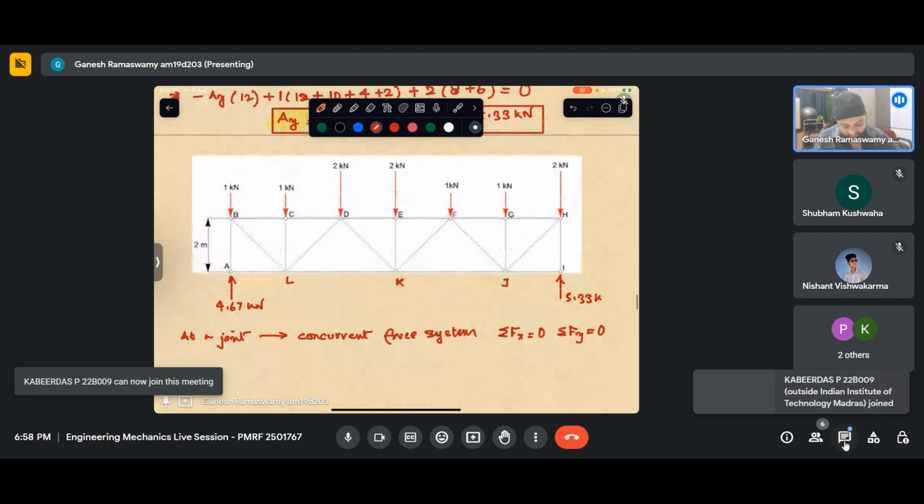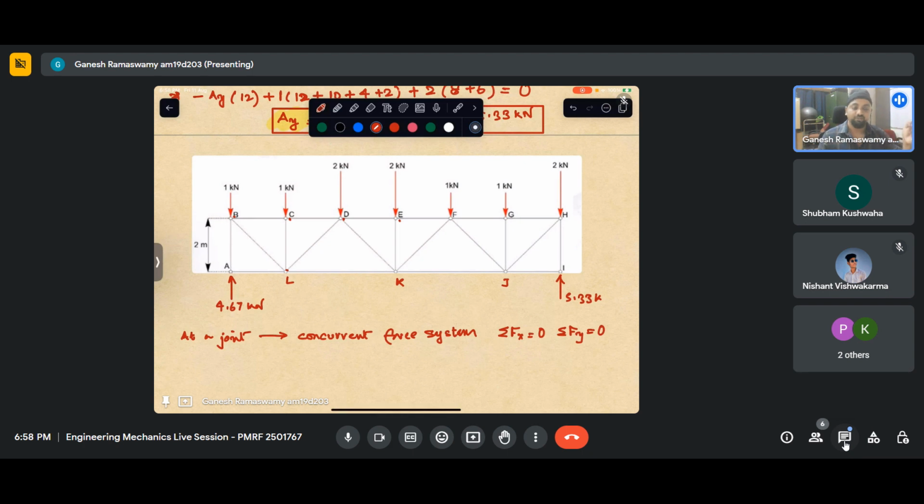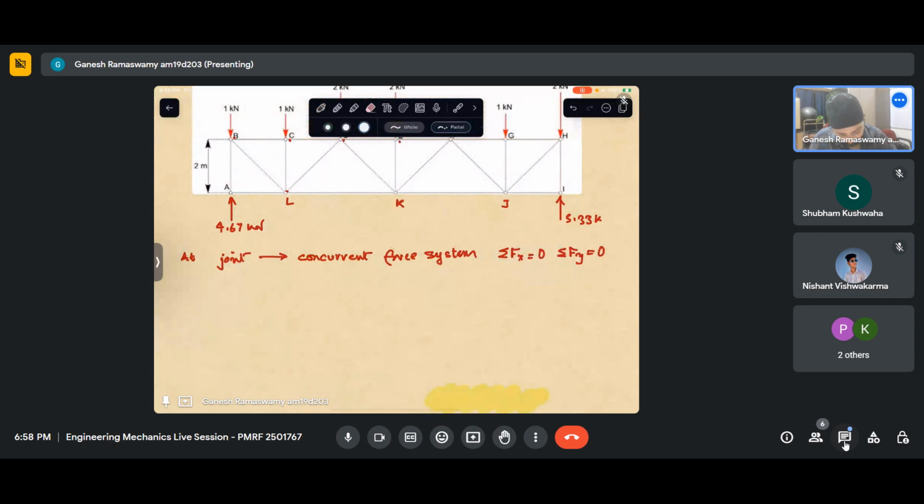So this implies that I would have to go joint one by one. I have to go from one joint to the other consecutively applying this. So that is what a method of joints is. Method of joints is taking one joint at a time and solving. Now this gives us the liberty to calculate two unknowns because this has only two useful independent equilibrium equations per